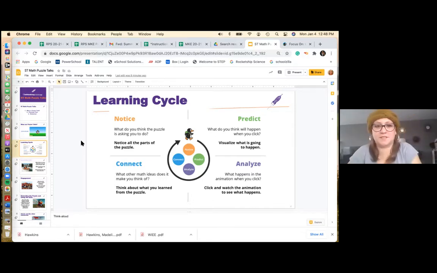So a Puzzle Talk is really just a breakdown and a teacher-led session of a specific game or level within ST Math, where you're going through each individual step and putting yourself in the position of one of your students. So I'm a K4 teacher, so I go to the basics like, okay, let's move our mouse around. What happens when we move our mouse around? So you really start at the basics, meeting them where they're at